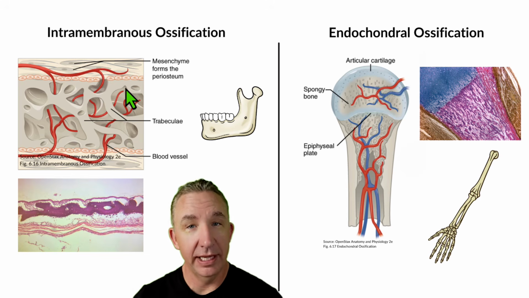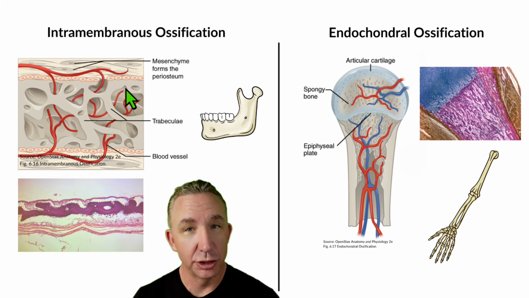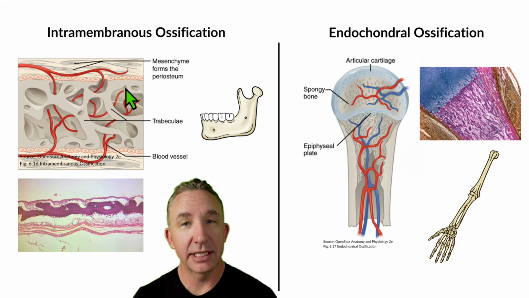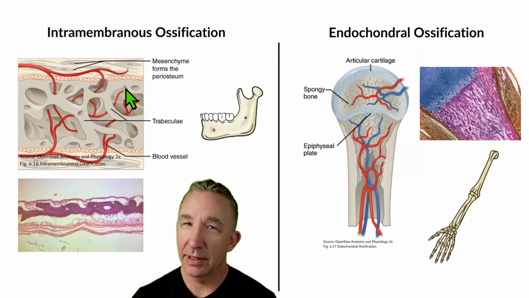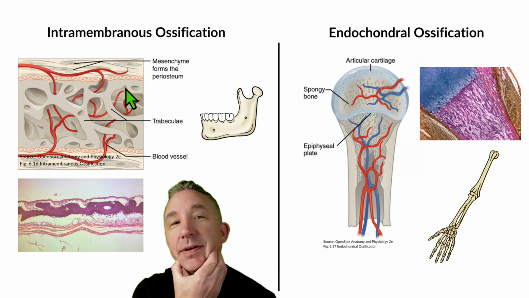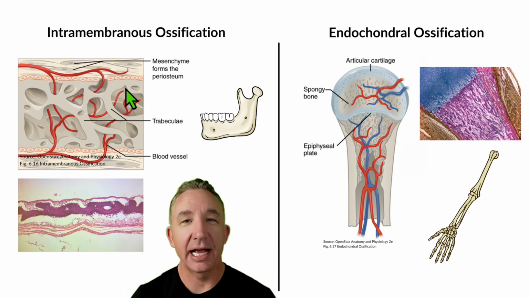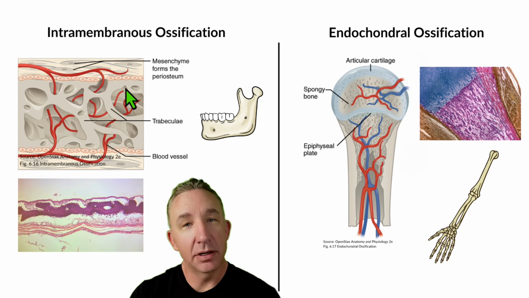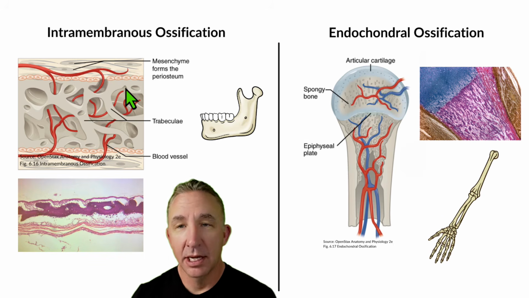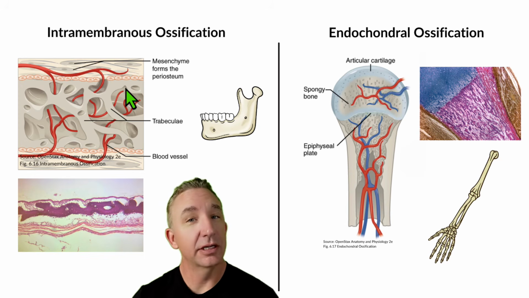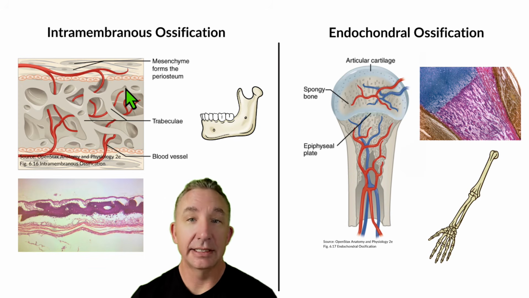Intramembranous is referring to within a membrane, and we refer to this for dermal bones. We say dermal, like closer to the skin. So when I think about intramembranous, it's bones that I can feel. I can feel my mandible, my frontal bone, my parietal bone. Those are bones that I can actually touch and feel. My clavicle, right at the skin, dermal bones. We call it intramembranous ossification, within membranes, and we'll talk about those membranes, but it's referring to these types of dermal bones. It's a simpler process of bone development, versus endochondral, which is within cartilage,